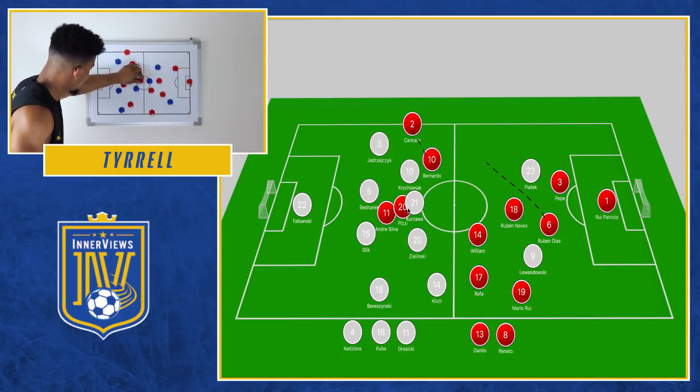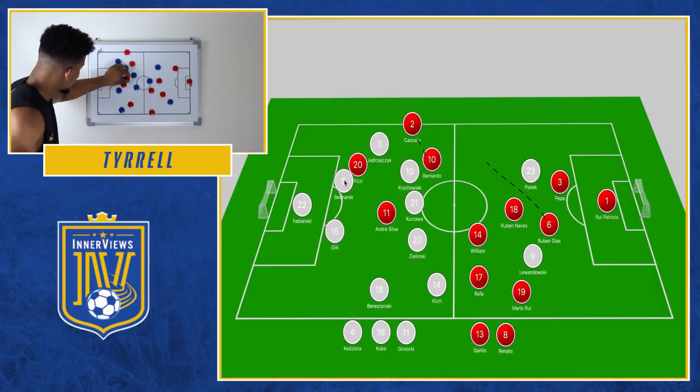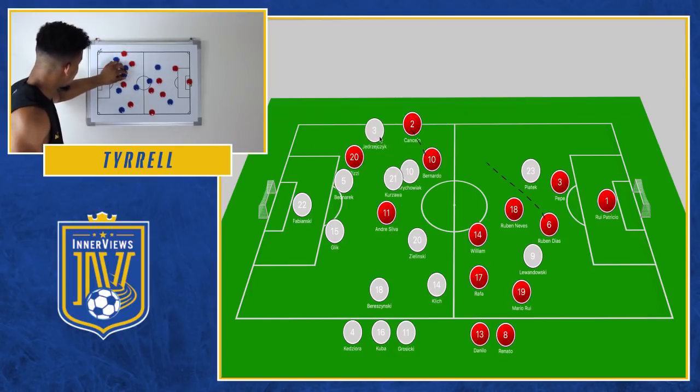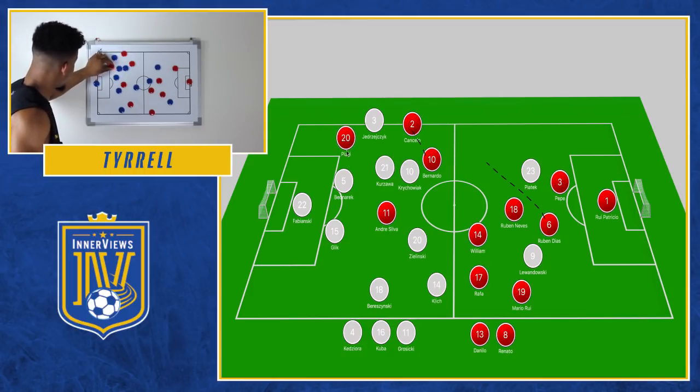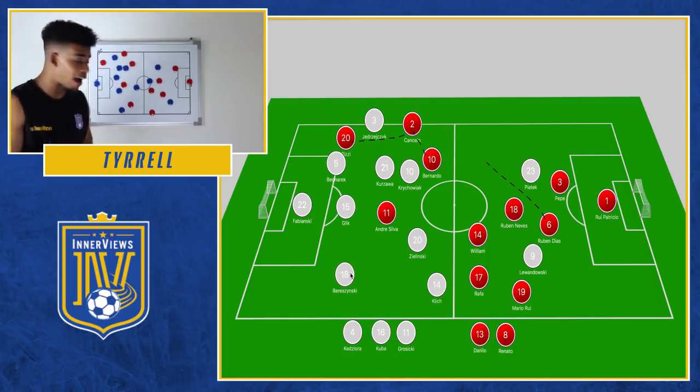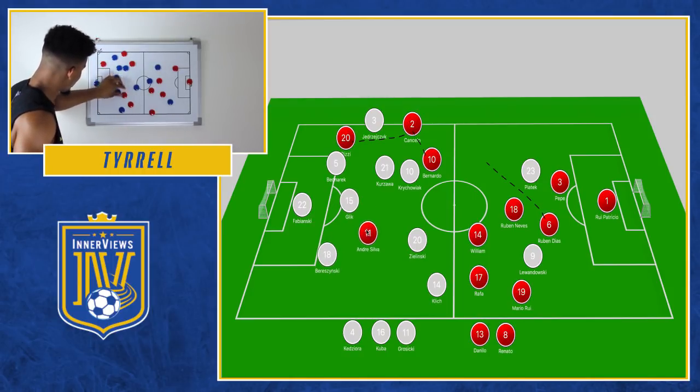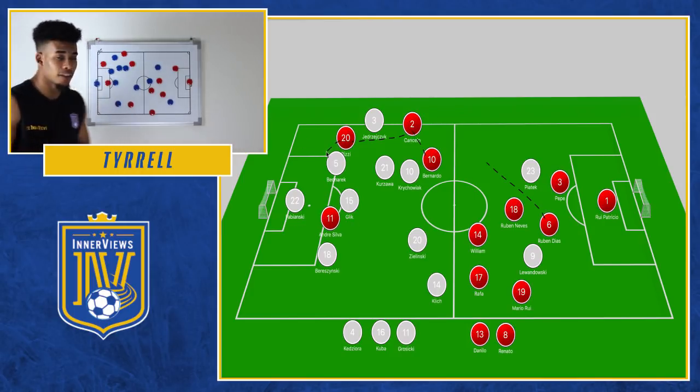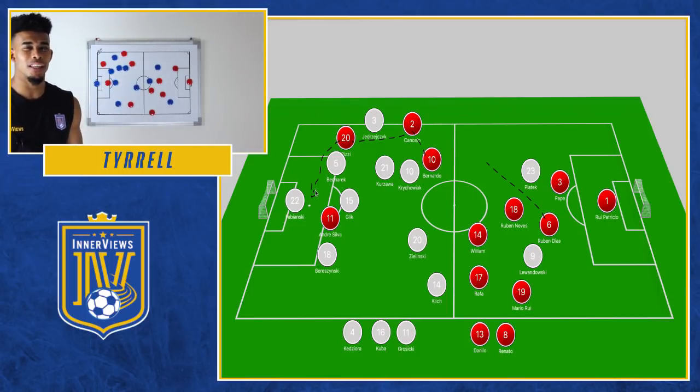But what we also see here is PZ ends up making a dart in behind the two center backs into that space right here, into the edge of the box. So the ball is played out there. We eventually see Kurzawa shift over, and when the ball is played there, we see PZ continue his run onside, kind of check back into that space, and then get the ball poked back to him by Cancelo in the right half space. When he picks up the ball there, what happens is that we see a defender push out, but Andre Silva makes the run across Bereszynski in behind the two center backs, and he's able to tap his effort into the net.